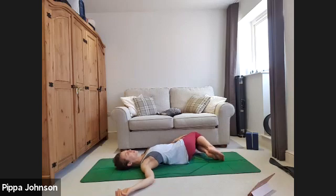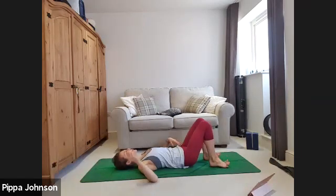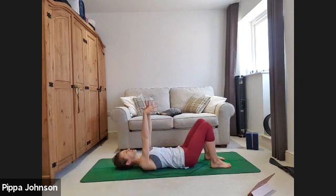Bring the knees back up to the center. Keep the feet on the floor, knees facing the ceiling. So this time you want your heels to be hips distance apart, directly in front of the sit bones and toes facing forwards. So feet parallel. Going to reach the arms up towards the ceiling, interlace the fingers together